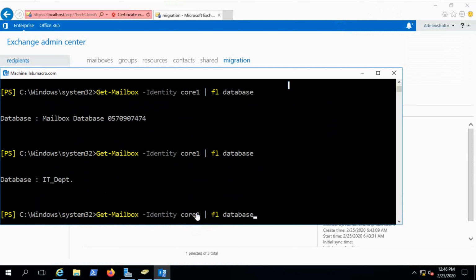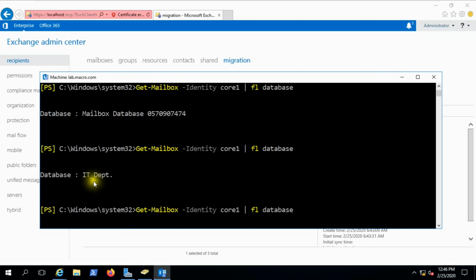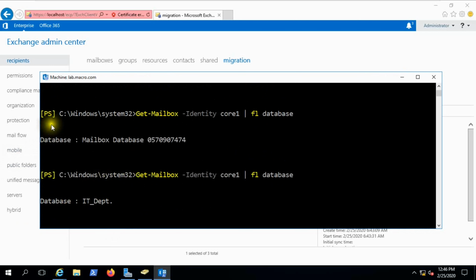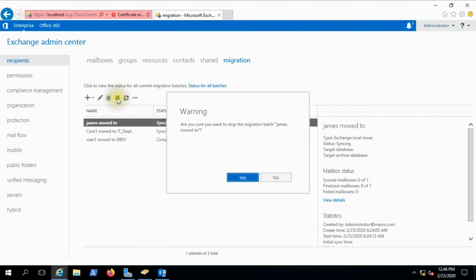The process is done. Code 1 is transferred to the IT department database. Before it was in the default database, now it is in the IT department database.